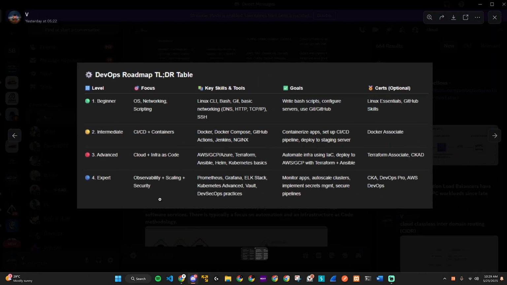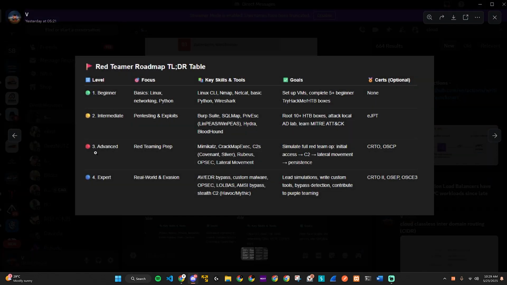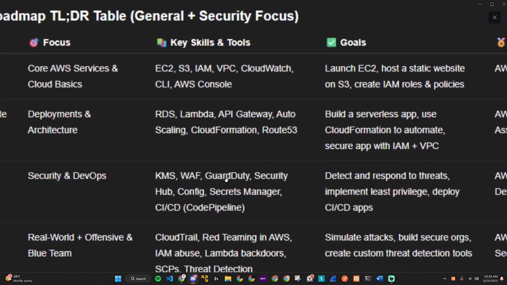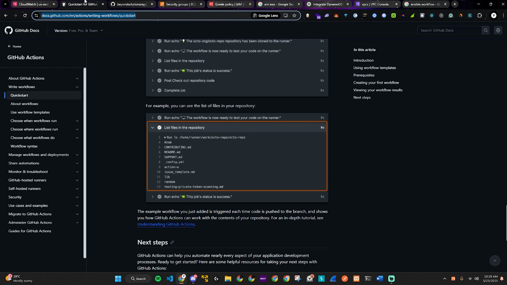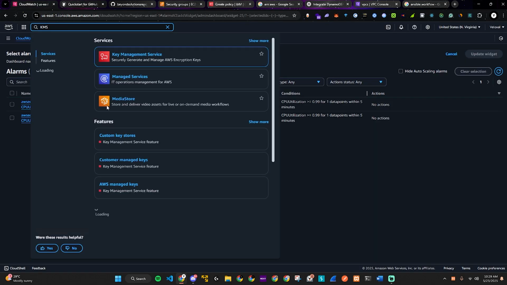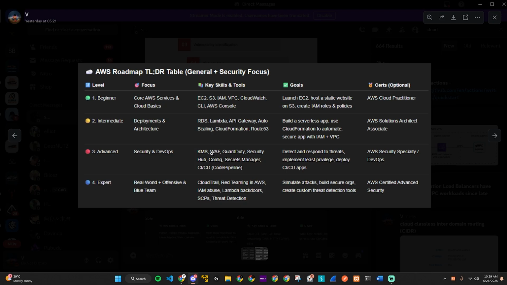Kubernetes Advanced, Vault. Yeah. So as far as cloud engineering goes, I've done this pretty well. So as far as cloud engineering goes, we need to get familiar with IaC, Route 53, Key Management Service. So KMS is something that I've missed. Key Management Service, Web Application Firewalls, GuardDuty, Security Hub, Config, Secrets Manager, CI/CD of course, CloudTrail, Red Teaming, AWS IAM abuse,